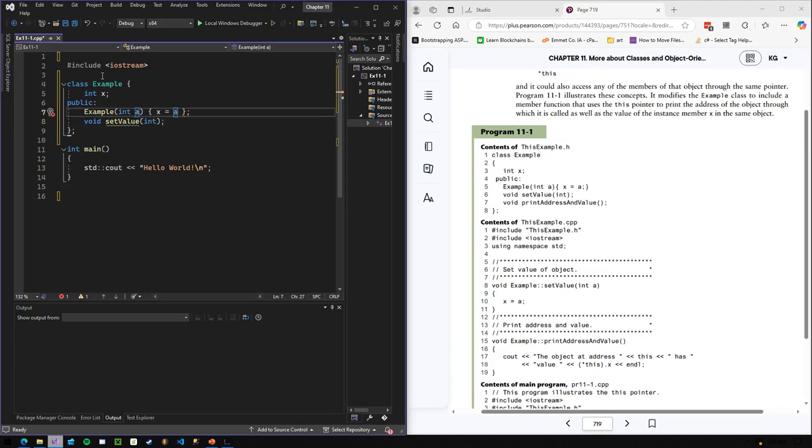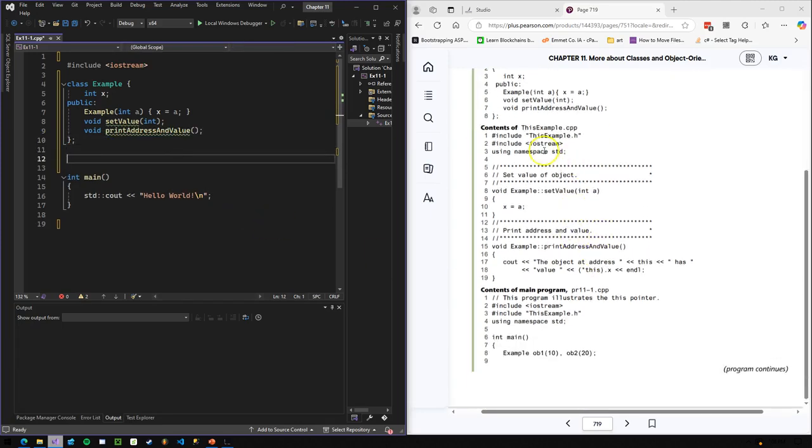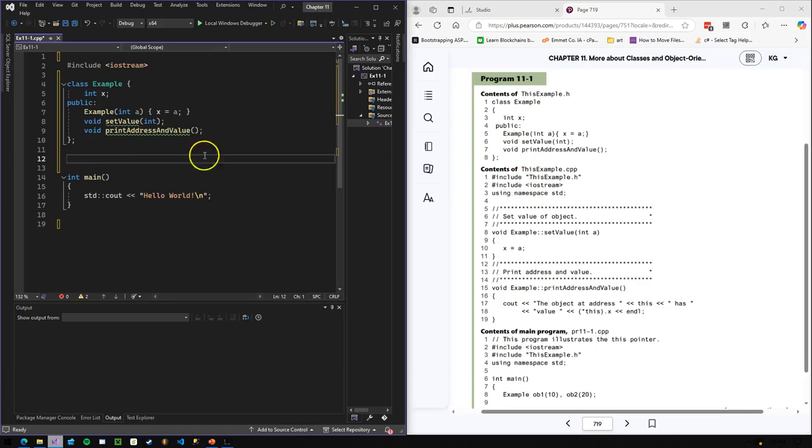Oops, I need my semicolon there, not there. And then a void print address and value. Now in our example code here, it looks like they're defining the header file separately from the implementation. For us, I think we'll just do that all in one compact location here. So we'll go ahead and define set value and print address and value. So to do that, we say Example::